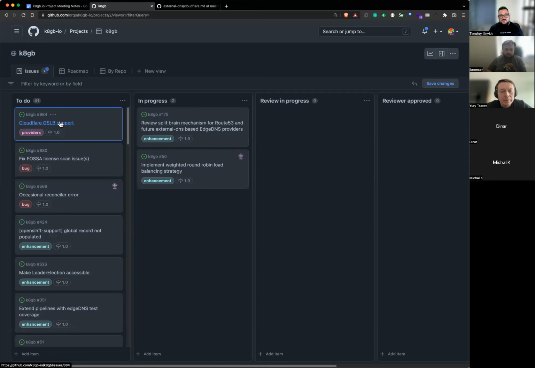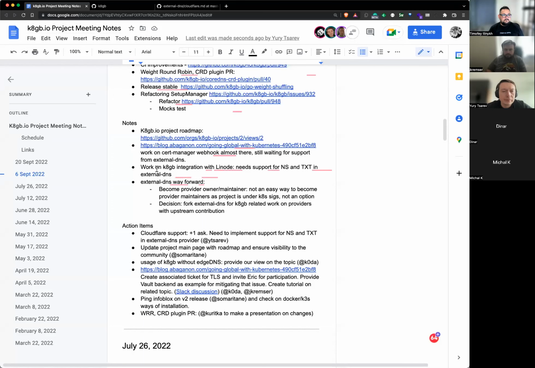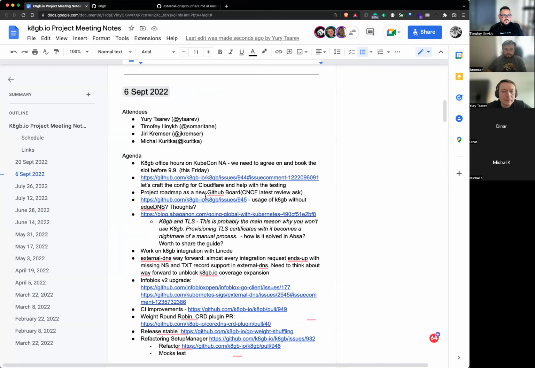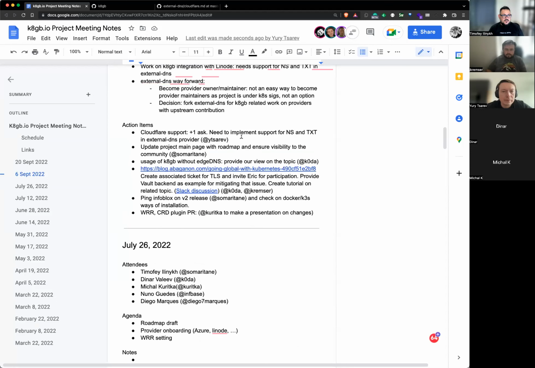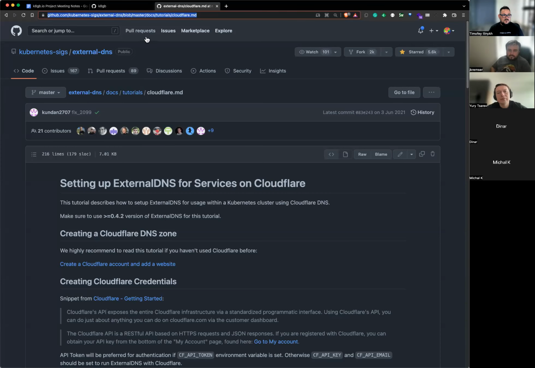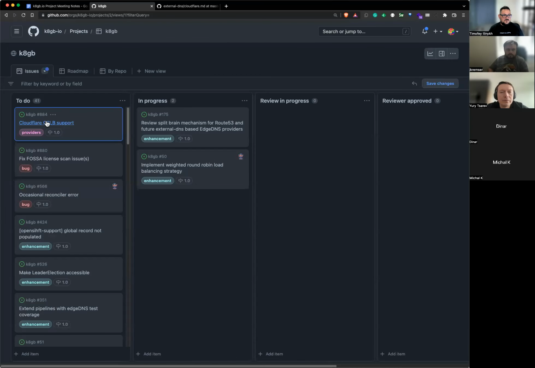Let's split it as we go. Whoever picks it up can split it if they think it needs to be itemized. Cool. I'll just update the ticket number.